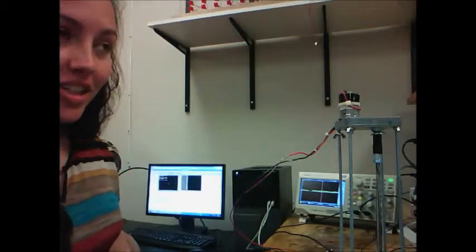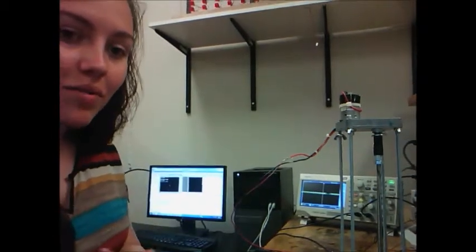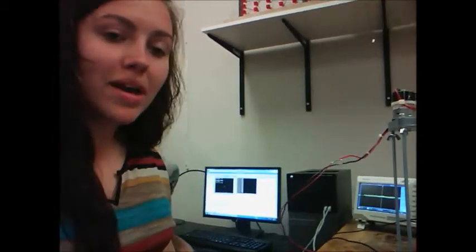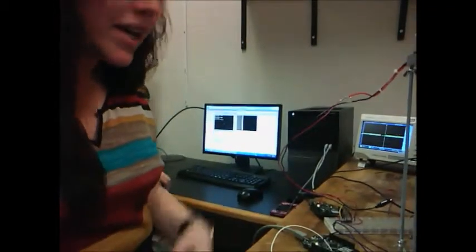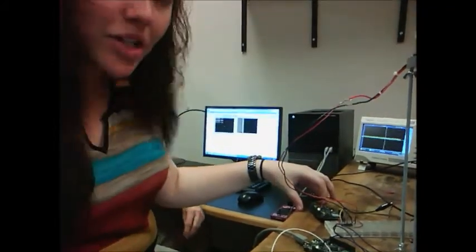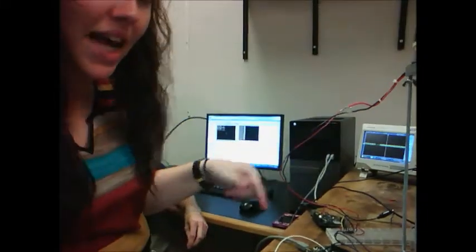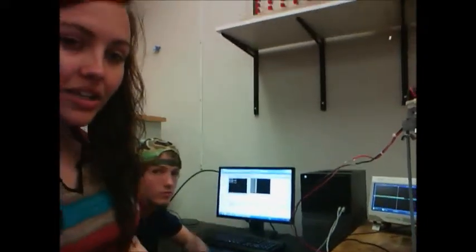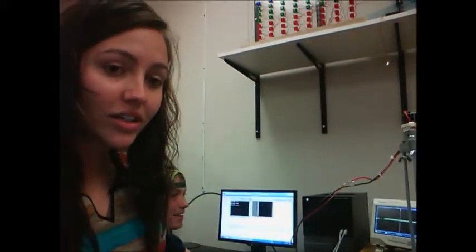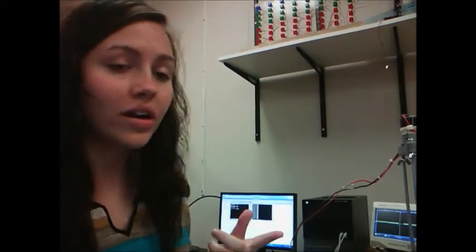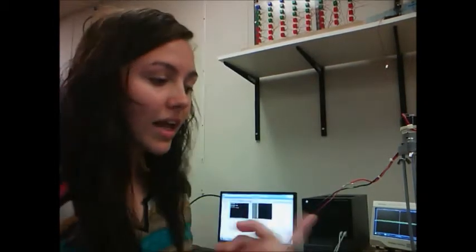Hi, so I'm actually going to give you a little demo of what we were doing here today. Basically, right here there's a reset button, which I'm going to press, and once I press that, Shannon over here is going to enter a frequency of 0.5 hertz, which is going to go to our motor and turn our motor on and make it rotate,